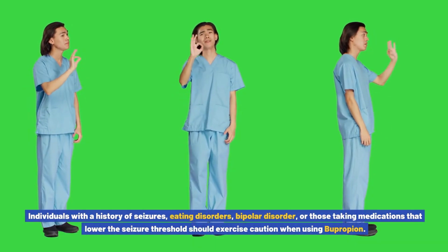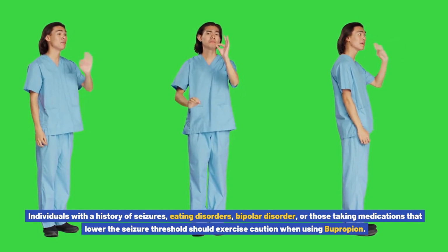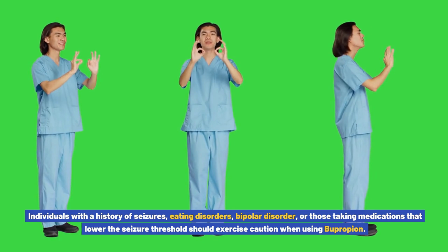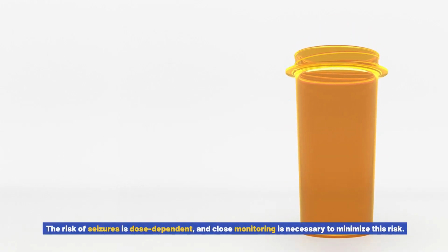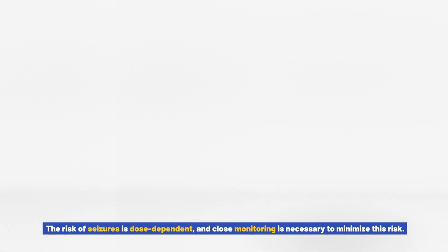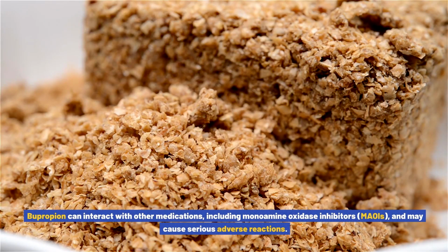Individuals with a history of seizures, eating disorders, bipolar disorder, or those taking medications that lower the seizure threshold should exercise caution when using bupropion. The risk of seizures is dose-dependent, and close monitoring is necessary to minimize this risk. Bupropion can interact with other medications,